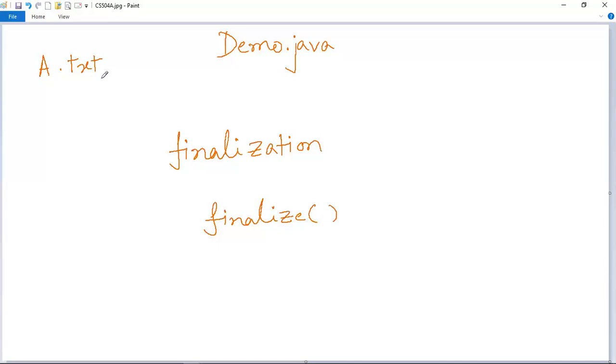The Java runtime system, or JVM, will call this finalize method whenever it is about to recycle an object of that particular class. That means whenever it is to recycle an object of the demo class, or any other class, it will call this finalize method.